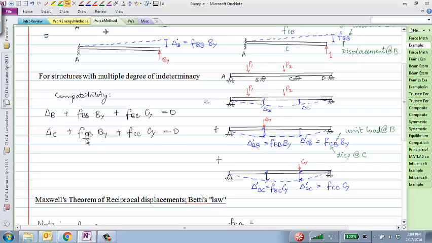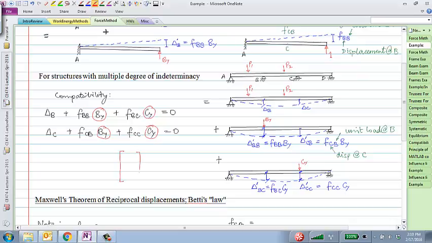Now, one thing that I would point out here is that a convenient way to write this equation is in the form of a matrix. So the only unknowns here are By and Cy. I'm going to circle the unknowns. Everything else is known. And no matter how high your degree of indeterminacy is, you can always do this. You can write compatibility equations for each one of those redundancies, right? And in that case, you can